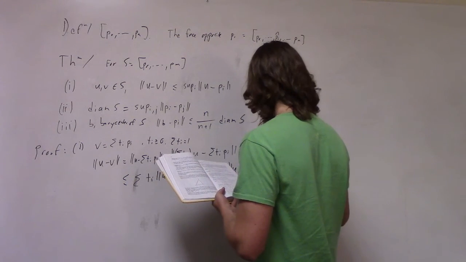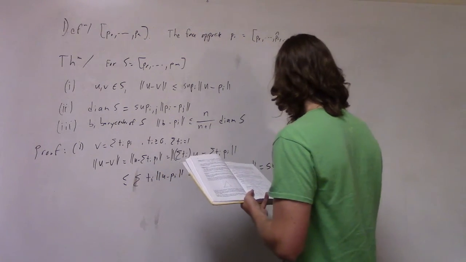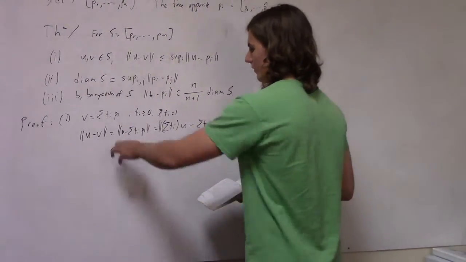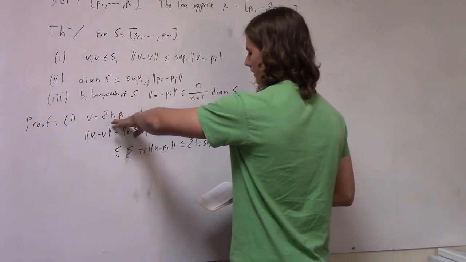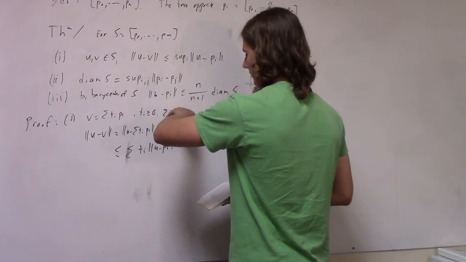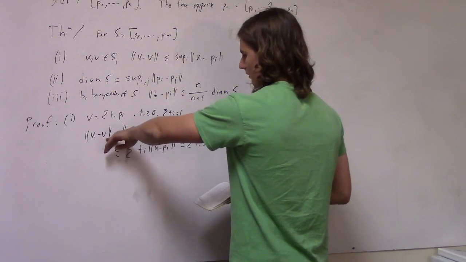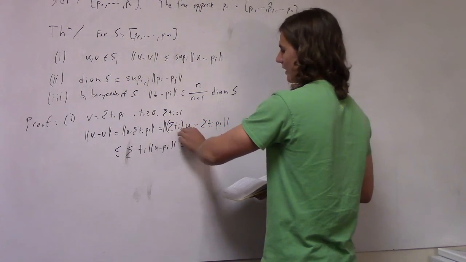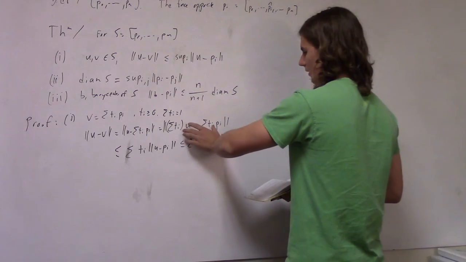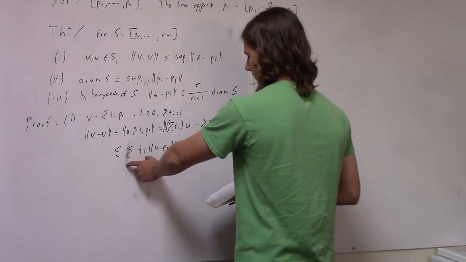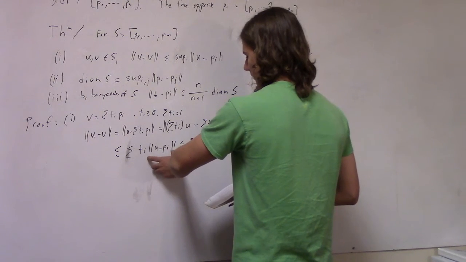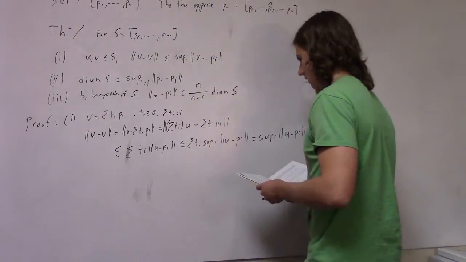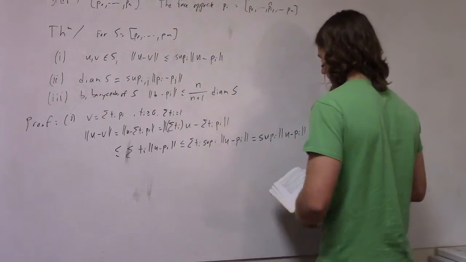Alright, so we got a convex combination, because it's in the simplex. Therefore, the sum of t_i's is equal to 1. So rewrite v as the sum of t_i p_i, and rewrite u as the sum of t_i times u, because the sum of t_i is 1. Then you can use the triangle inequality and pull out the sum of t_i's, so the sum of t_i times its distances. Each of these distances is less than or equal to the supremum, obviously, and then the sum of t_i is equal to 1.